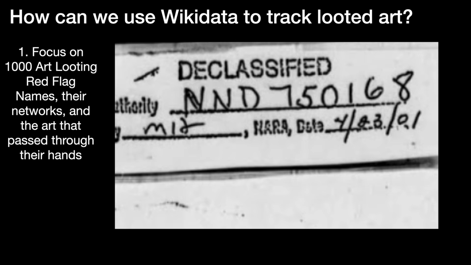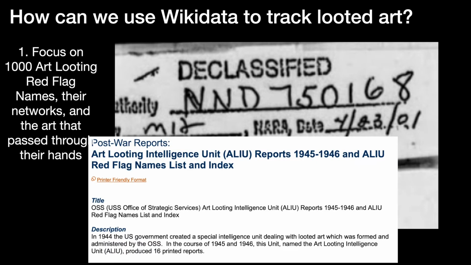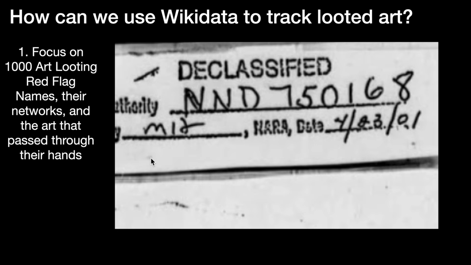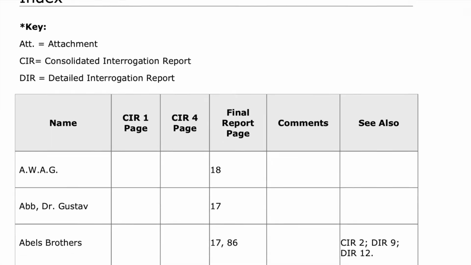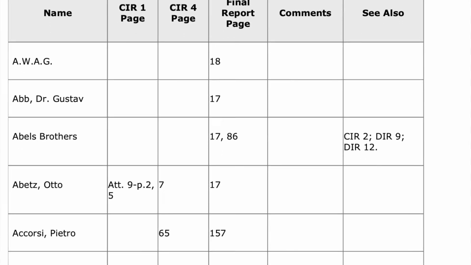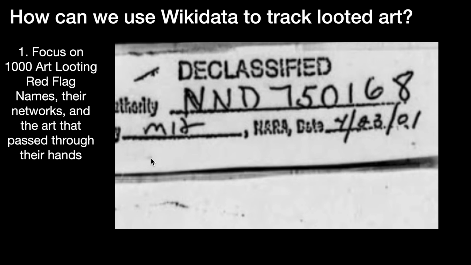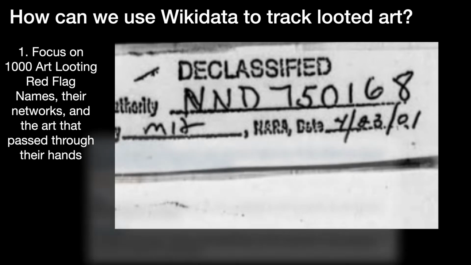So I'll focus on 1,000 art looting red flag names, their networks, and arts that pass through their hands. Well, what is a red flag name? What do I mean by that? In 1946, the Allies published a series of reports about Nazi art looting. The red flag name refers to an indexed list in what was called the final report. It was organized by country